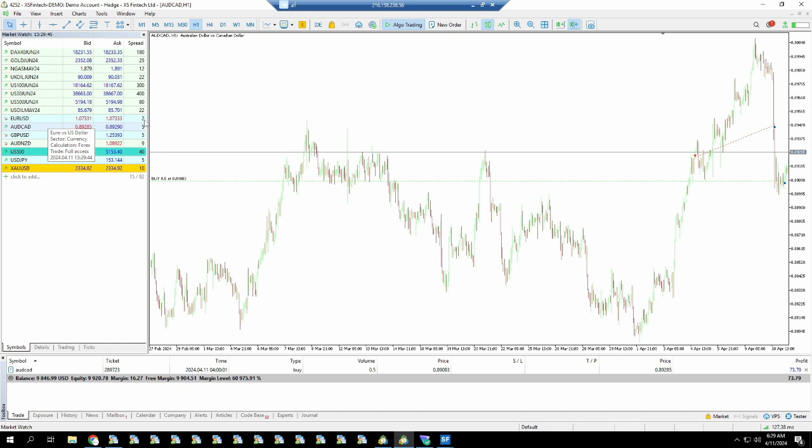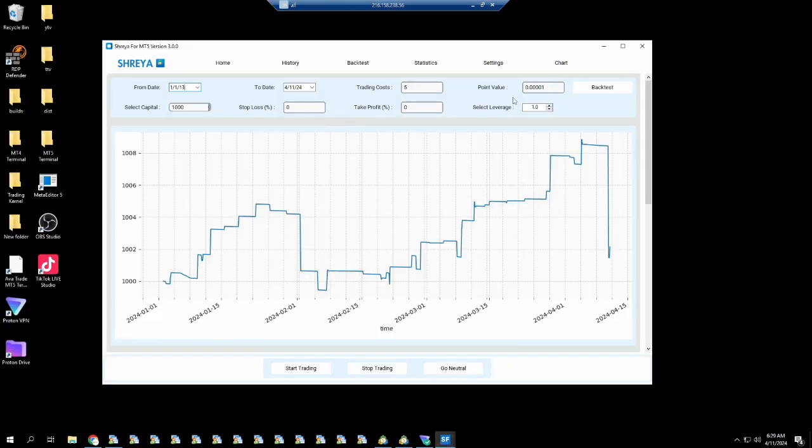So this is set to 2, but I'm just going to set this as 5 to increase my trading costs, to include commissions as well. I'm going to set my point value to 0.00001 because that's the point value. And I'm going to set my take profit to 0 and my stop loss to 0. So once I click on backtest here,